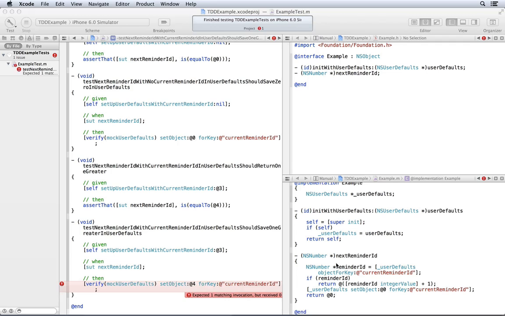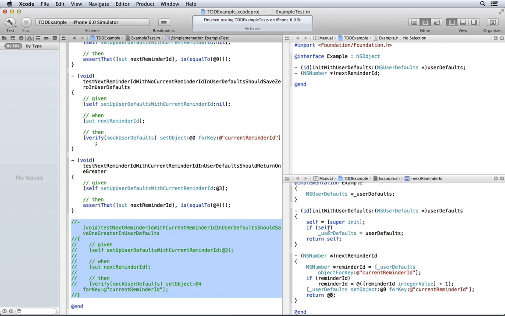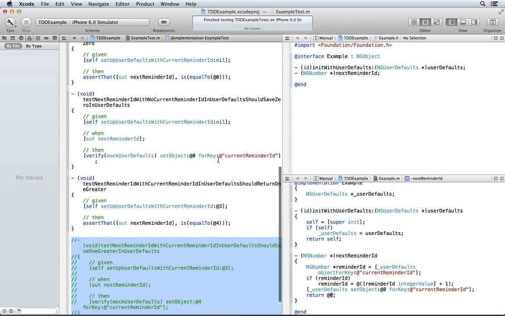Step 2, the simplest code to pass. So what do we want to do? We want to change this, but we're not getting there. This return is getting in the way. Let's say reminder ID equals, and, you know what? Before I implement this, I want to do some refactoring over here. And in order to do that, don't ever refactor with a failing test. Always come back to a clean state.